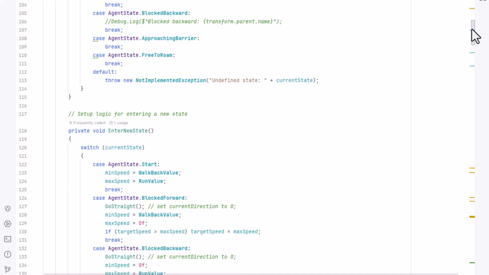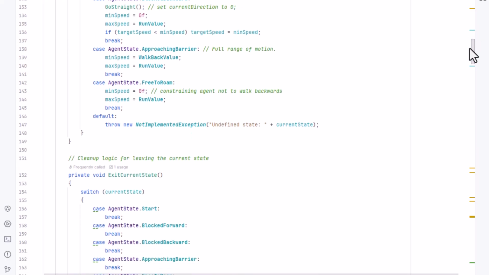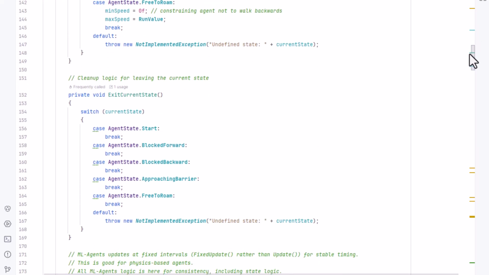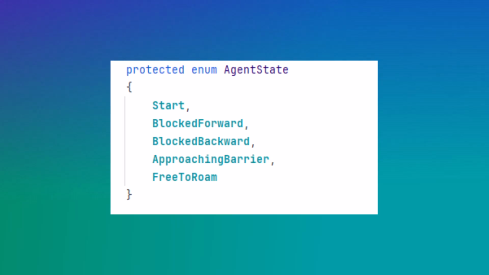What about situational awareness? The humanoid AI maintains a state machine where the state of the AI can be free to roam, approaching a barrier, blocked in front, or blocked in back. It seems reasonable and even necessary for the AI to know what state it's in.